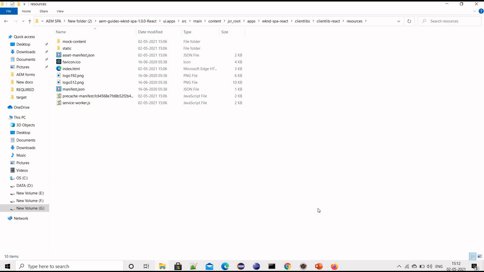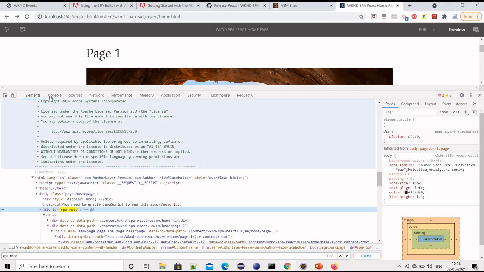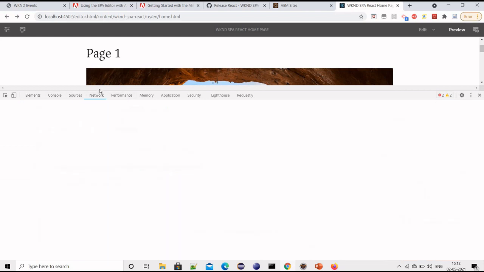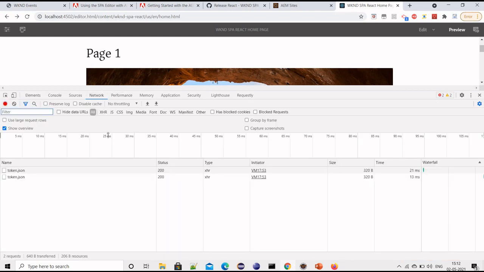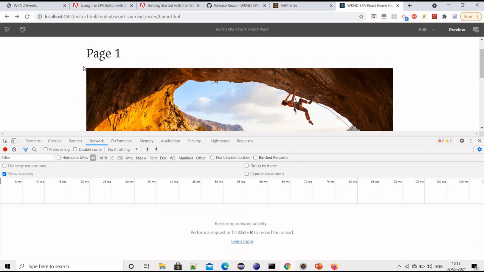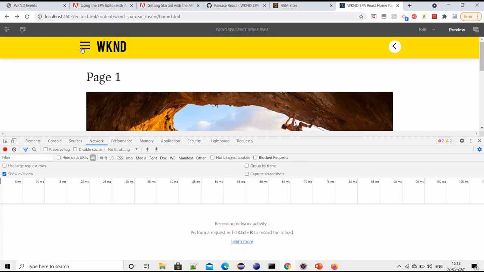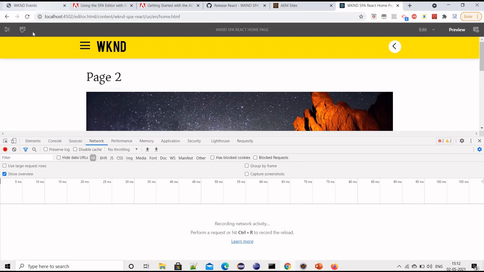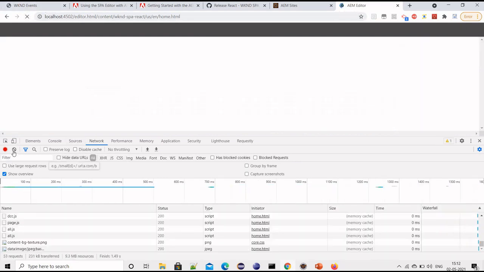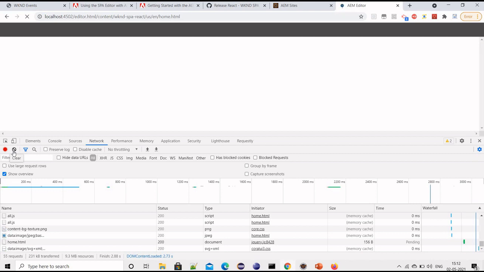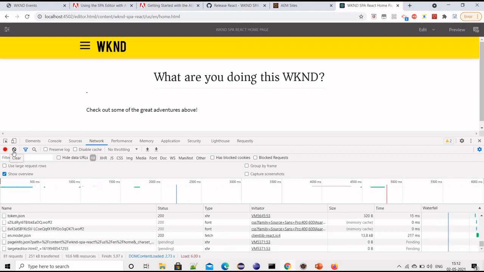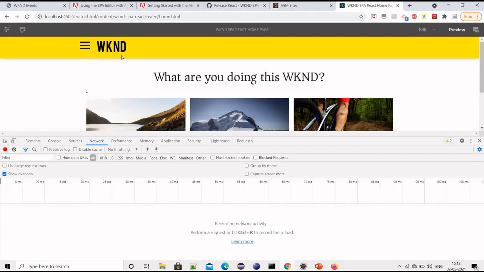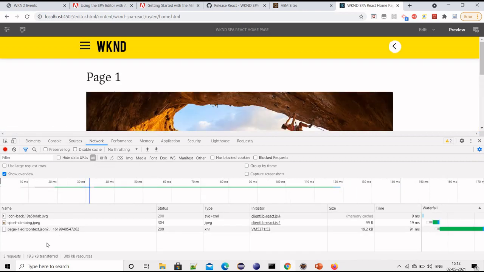Okay, one more thing I want to highlight. I will just go to the network tab here. Right now I'm on the home page, and if I go to page 1, we see there are 3 calls.